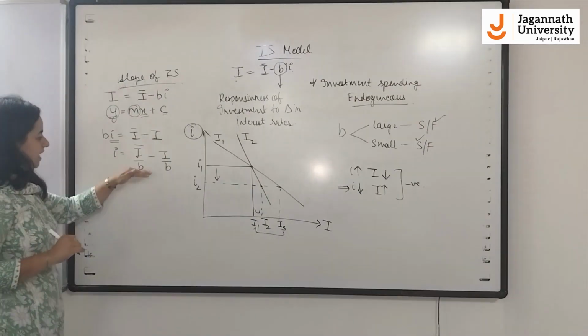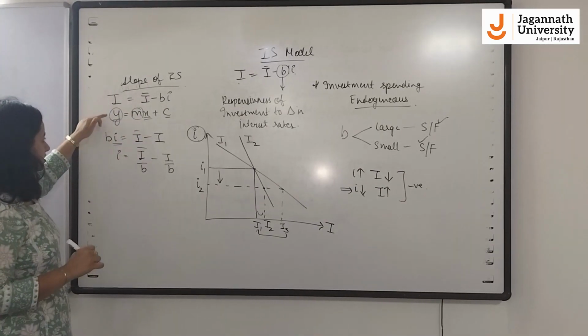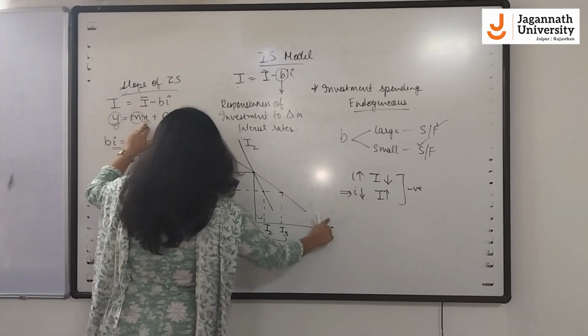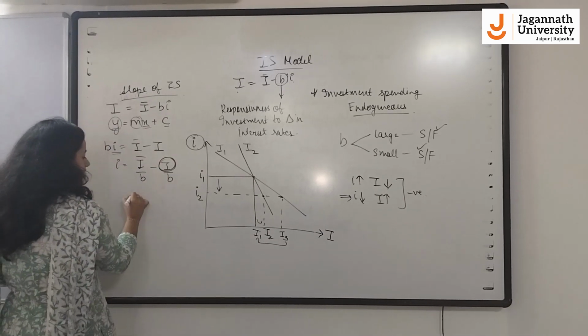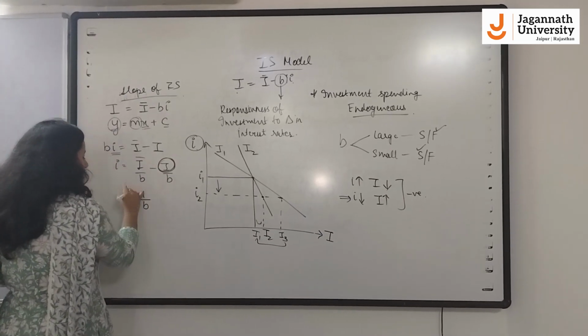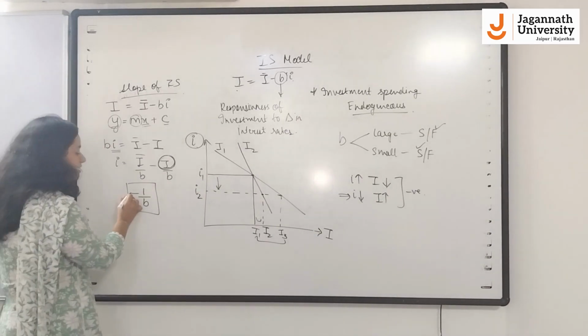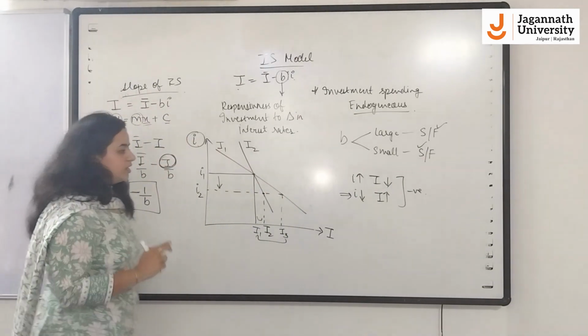So now compare this equation with the equational form. This is the y-intercept. What is the x-intercept? X-intercept is investment, which is this. What is the coefficient of this I? It is minus 1 by b. This is the slope of the IS equation, where the minus sign shows nothing but a negative relationship between the interest